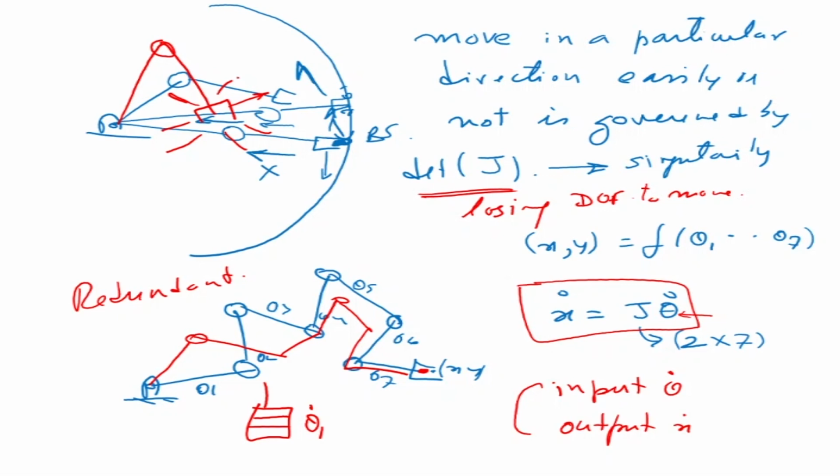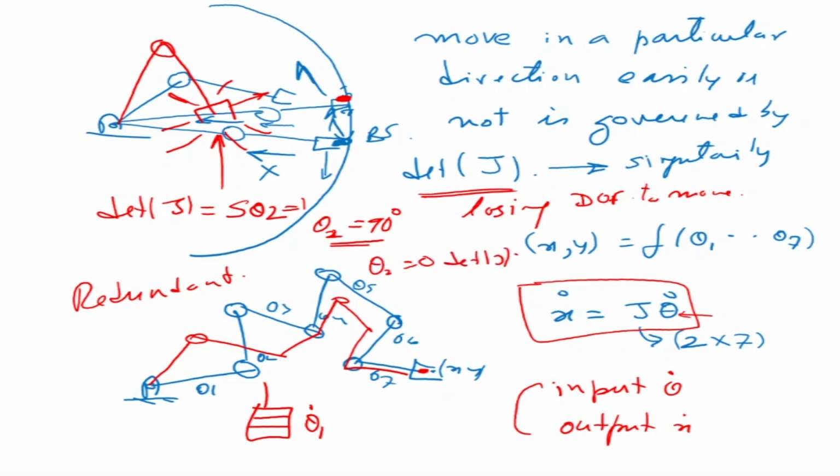And that is where my maximum determinant of J for this manipulator was sine theta 2. So in the center of the workspace, theta 2 is 90 degrees, and that is why your determinant of J will become equal to 1, which is the maximum value. Whereas on the boundary here, your determinant of J will become 0, right? Because theta 2 becomes equal to 0. So there is a metric which is going from 0 to 1 as you are moving from the center of the workspace towards the boundary of the workspace.